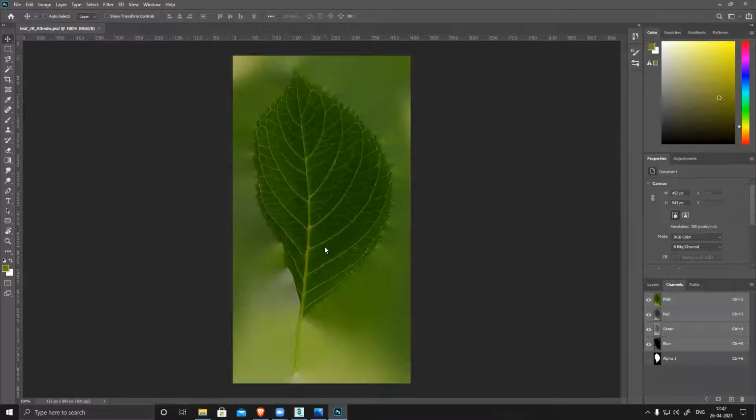Suppose I'm UVing this leaf, I don't know where the other part is, or the ivy leaf, or maybe the money plant kind of leaf. So if I combine them, I can see those UVs directly in my UV editor, and according to that I can place everything nicely.